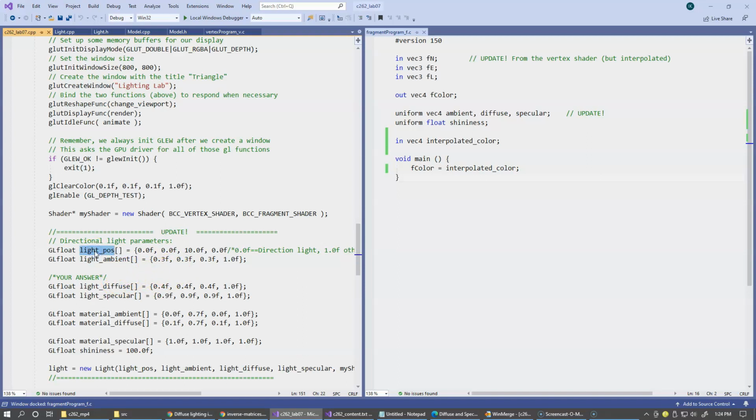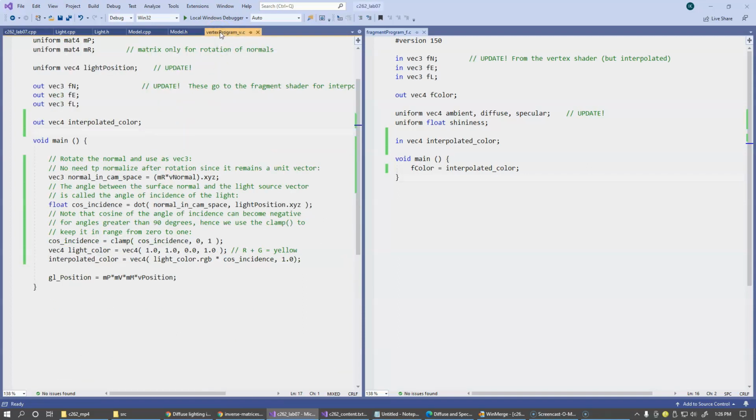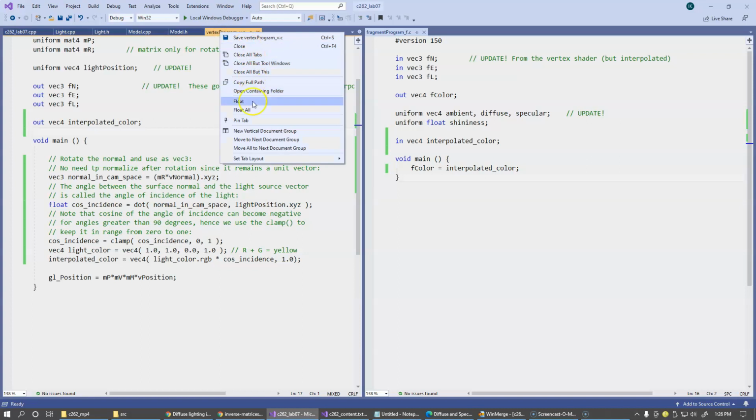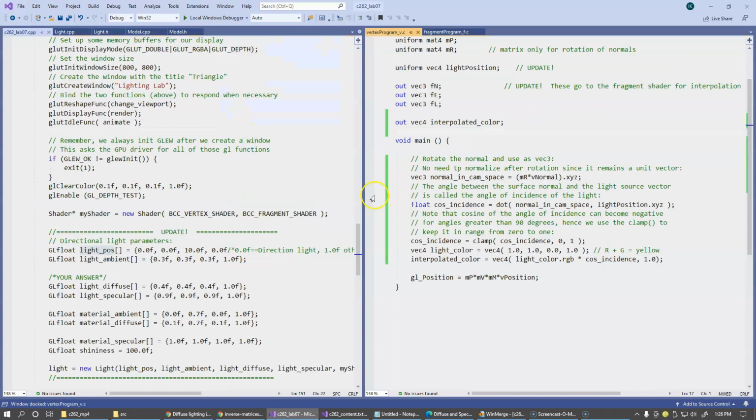But this is the light position, and because all of this computation is happening inside the vertex shader, let's move it to the next document group side by side with this. And as we want to talk about the geometry, we need to understand where the object is positioned relative to the light location. And because we only compute the diffuse light component in this vertex shader computation,